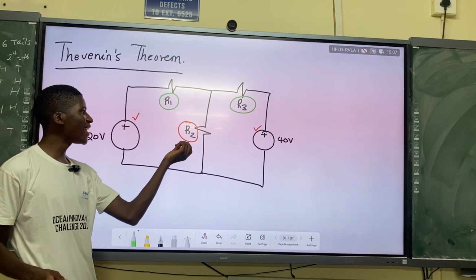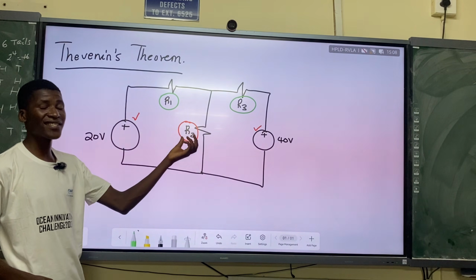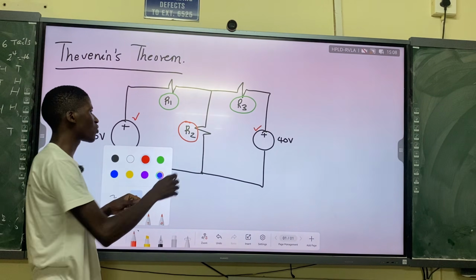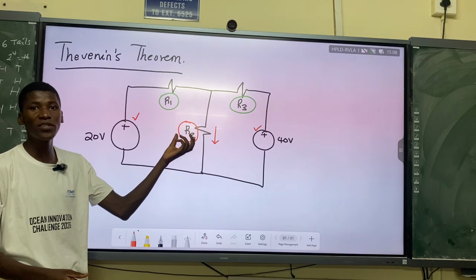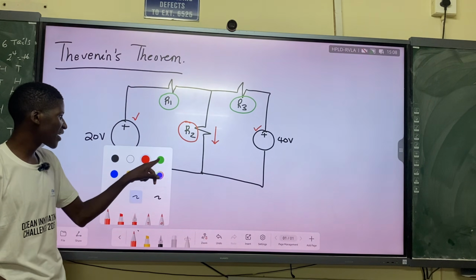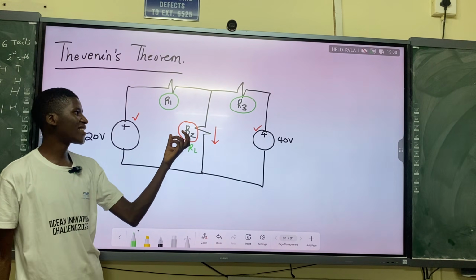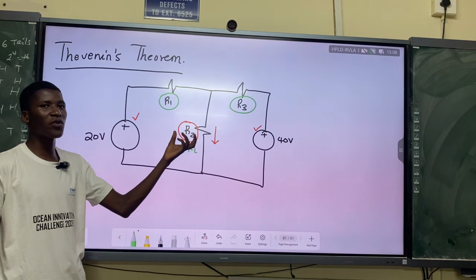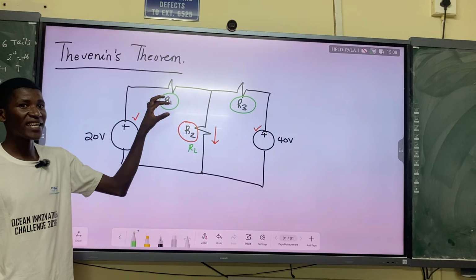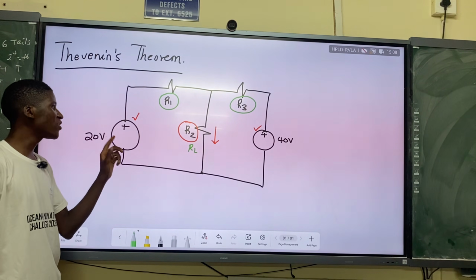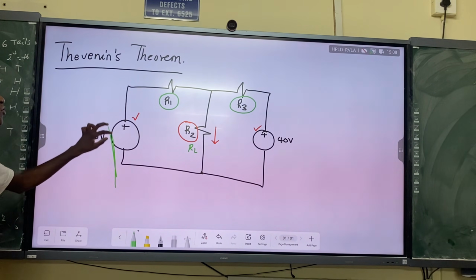The resistor that we are looking for, we are looking for the current through this resistor R2. So the current through this resistor R2, we are going to say this is known as a load resistor. A load resistor is just this resistor in question. It is the resistor whereby you are looking for something, you are looking for a current if you like. So we call it the load resistor. And then we are actually going to take out the load resistor from the circuit. How do we do that